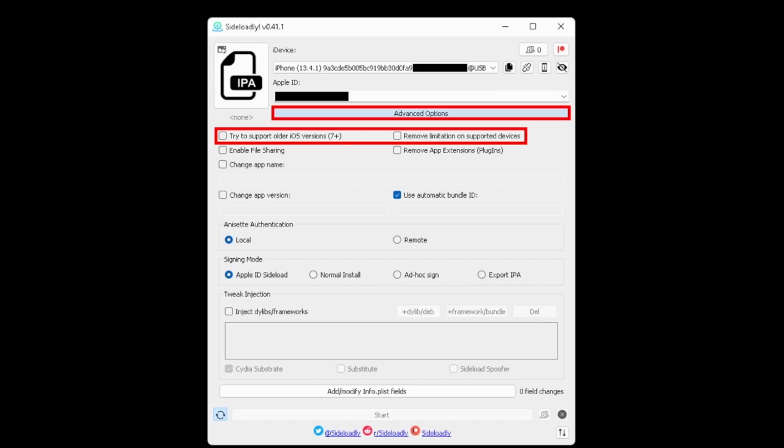As I mentioned before, we do also need to consider the iOS version and supported device compatibility. If at all possible, try to use the same model of device in the same iOS version. However, we do realize that not every lab has the same capability to just keep stock of every single iOS device and every iOS version. If you do not have a test device and cannot get a compatible device, it may be possible to bypass the compatibility issue using some of the advanced options within Sideloadly.